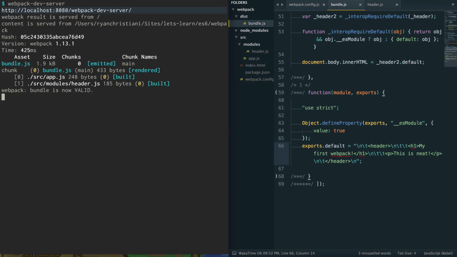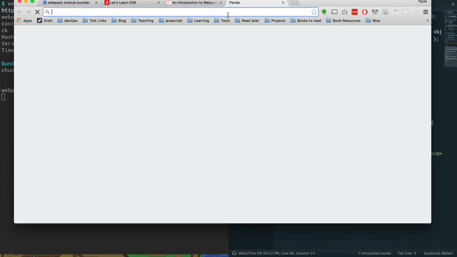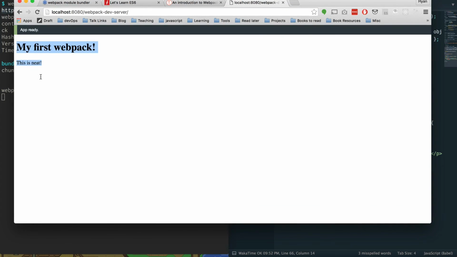So if I copy this and I go back to here, I'll show you that in a second, hit enter, it will load it up. App is ready. We can see our stuff here. I'm not going to get too much